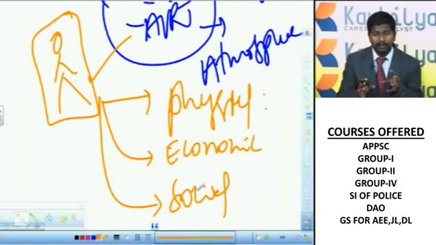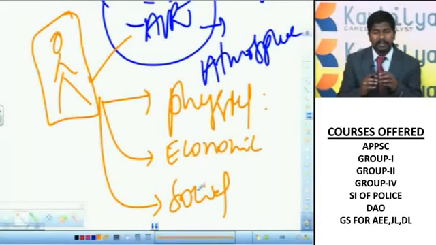So now the subject geography is Earth-centric, which mainly deals with what the physical components of this Earth planet are, which facilitate the existence and survival of man on the Earth's surface. Then what are the economic conditions which facilitate the healthy growth of human beings and other organisms. Then what are the social conditions or demographic attributes of the population on this planet Earth or in different countries of the world. So that is, in brief, the subject of geography, right?